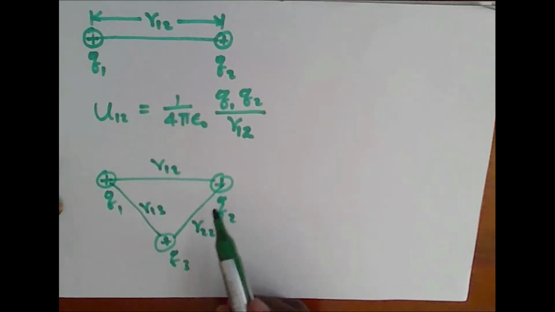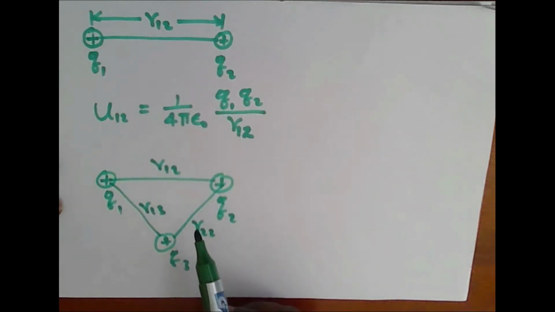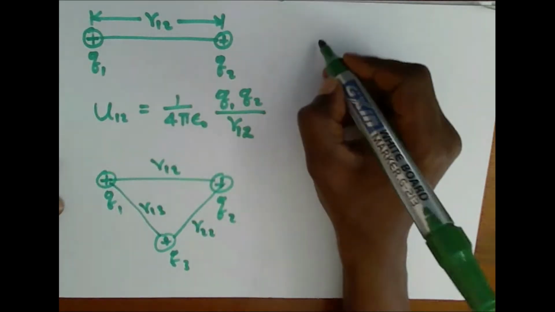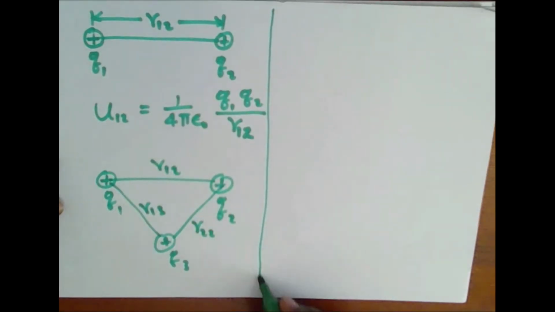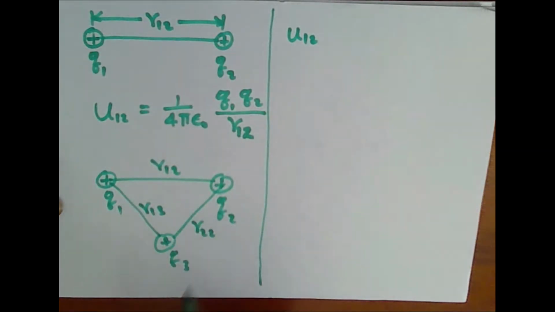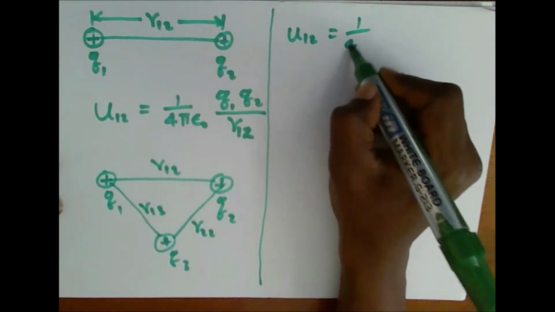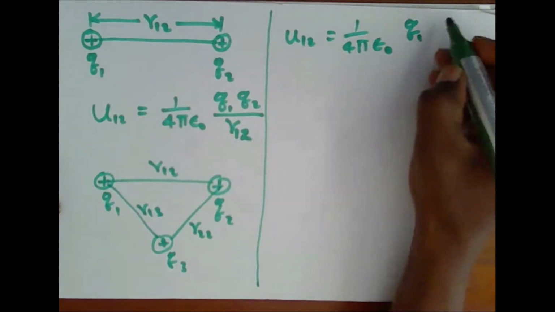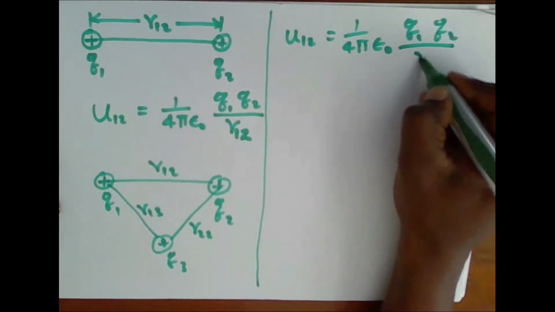So the electric potential energy for assembling these three charges at the vertices of this triangle will be equal to, first, U12 is equal to 1 over 4 pi epsilon naught Q1 multiplied by Q2 over R12,